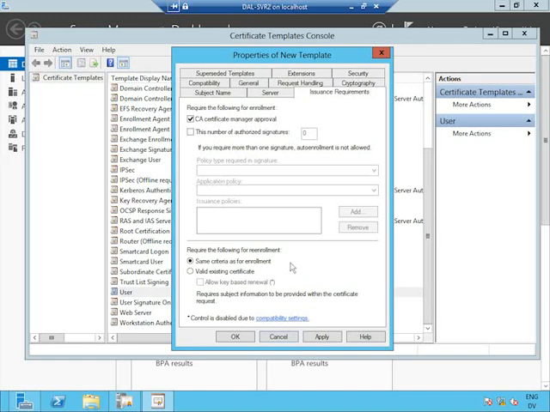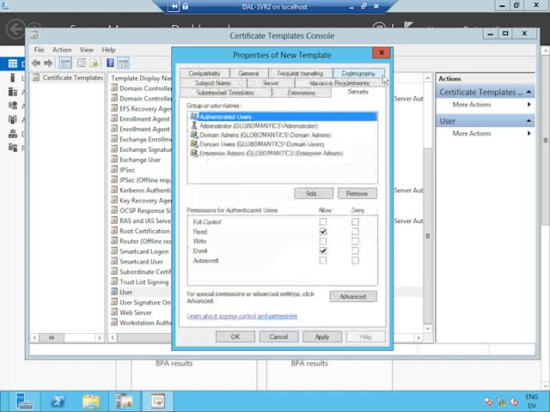The last part of the template configuration I want to focus on for the purposes of this lesson is security settings. The security rules identify who is allowed to read information about this certificate. To be able to get a certificate based on this template, you need to be able to read it to see what it's used for, and you need to have permission to enroll for it. Beyond that, it's possible to give someone permission to make changes to the settings of that certificate, excepting, of course, the ability to change permissions,